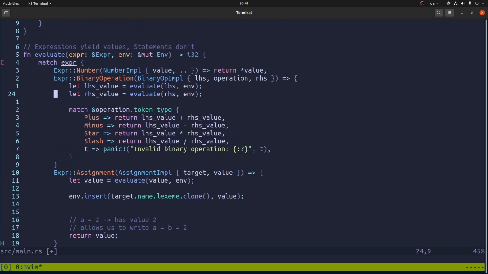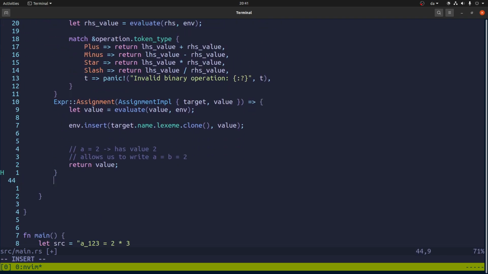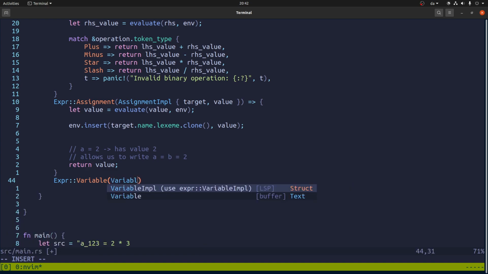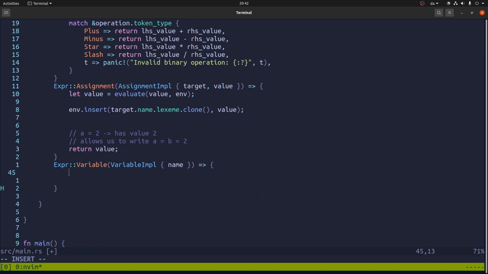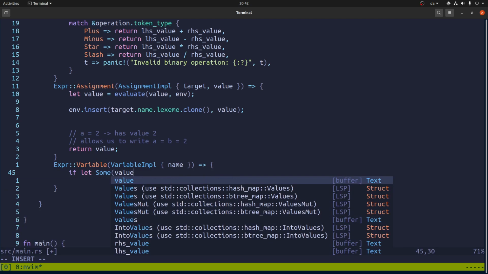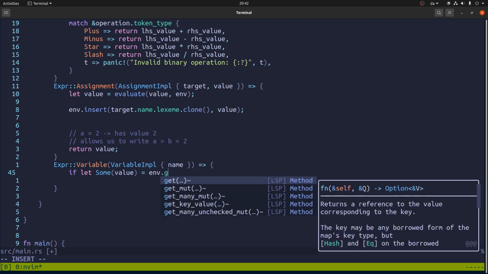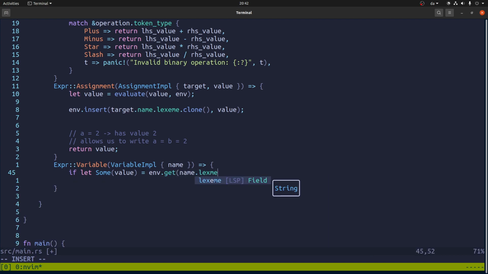And that's an assignment. Now let's take a variable, which is the variable implementation, and I think it just has a name. So what we need to do is look up the name in the environment. However, that can fail. So we'll say here, let's get the name, lexeme,